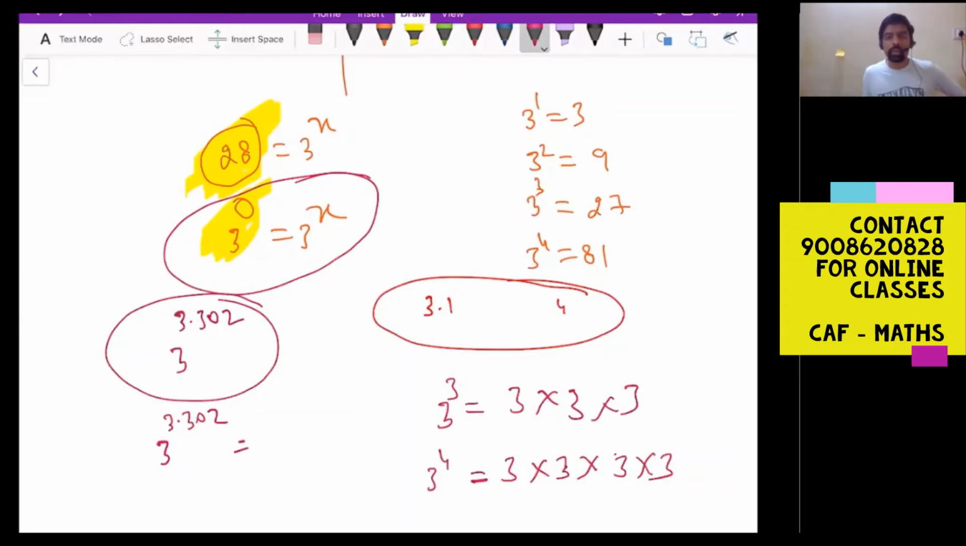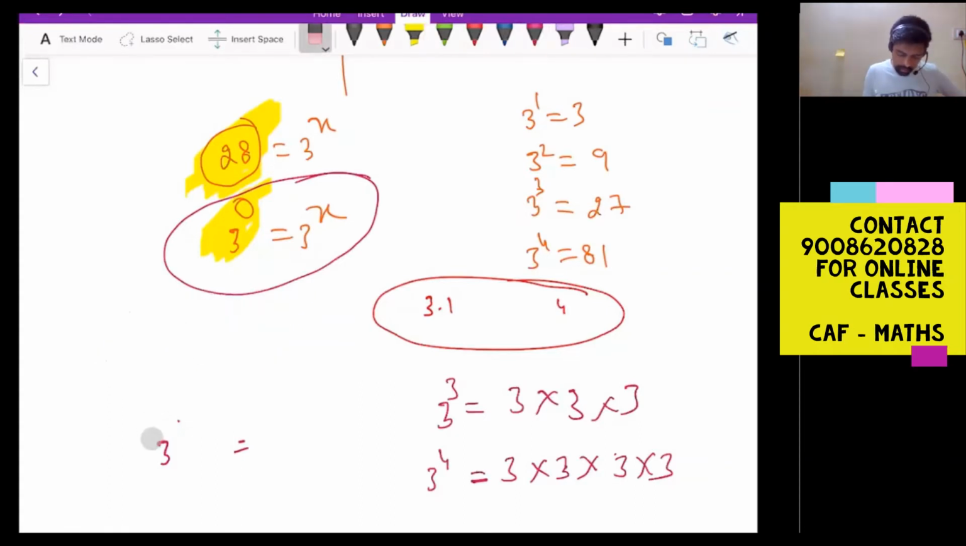That we don't know, right? Because the exponent is not a whole number. It's a fraction, it's a decimal, right? So now, here, to find out the value of this,